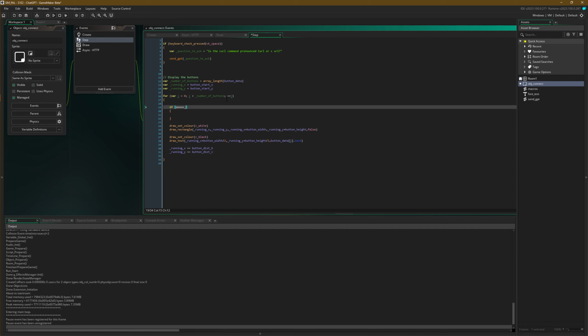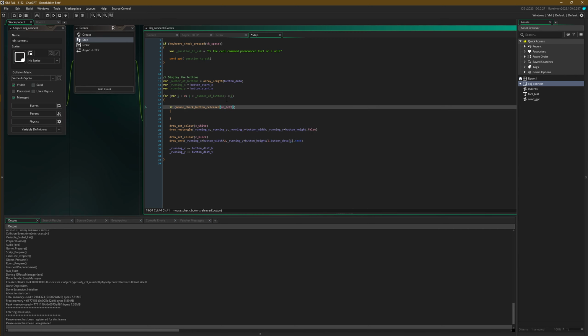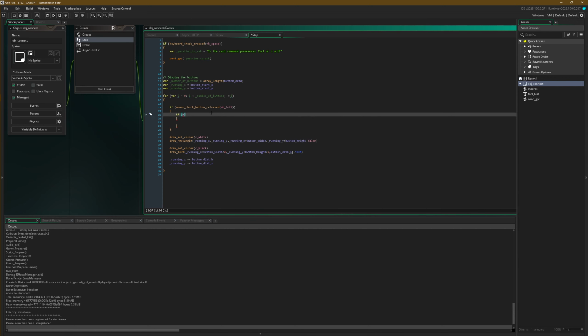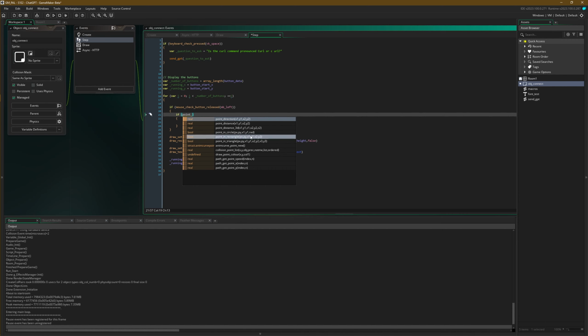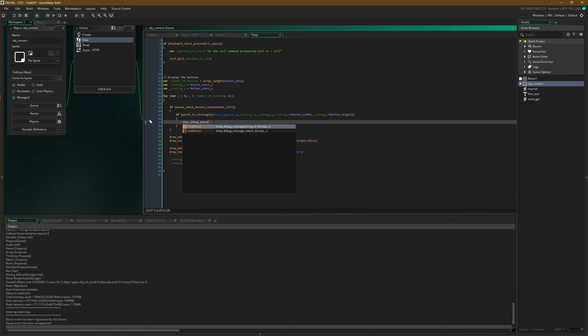So if the mouse button is released, let's do the left mouse button. And if the mouse cursor is inside the rectangle, then let's grab the mouse position. And I already know the draw rectangle has the correct values in, so I'm going to copy that over. And let's just put a debug message if that actually works and the click is inside a button. Rather than actually putting any code behind it for the moment,